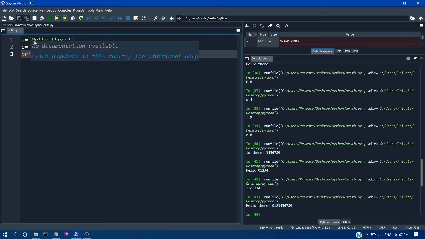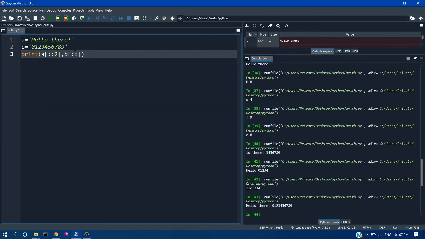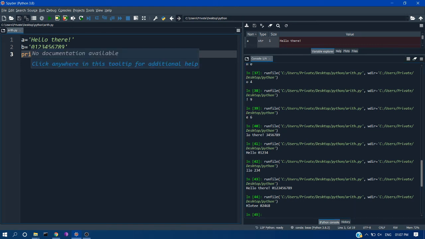It will print H, E, L, L. So this is the step size: 0 plus 1, 1 plus 1, 2, 2 plus 1, 3. You understand. So if you need to increase the step size, if you give 2, only the characters at even places get printed: 0, 0 plus 2, 2, 2 plus 2, 4, 4 plus 2, 6, 6 plus 2, 8. You can see the characters got printed only at even places. That is the jump size, the step size we gave, which is 2.